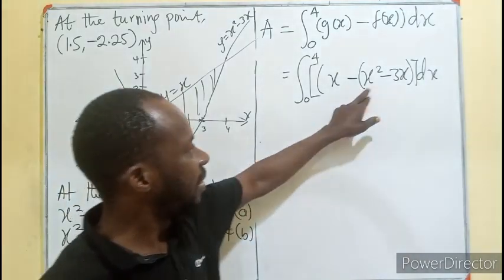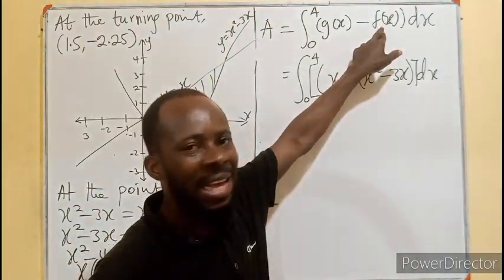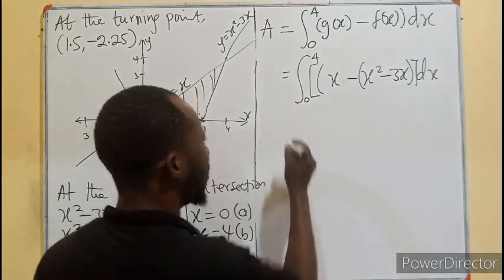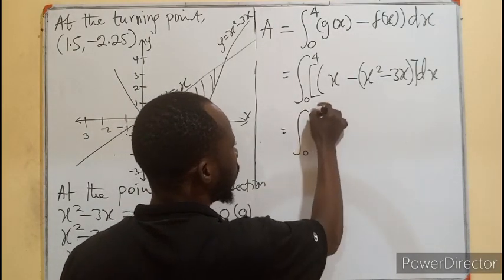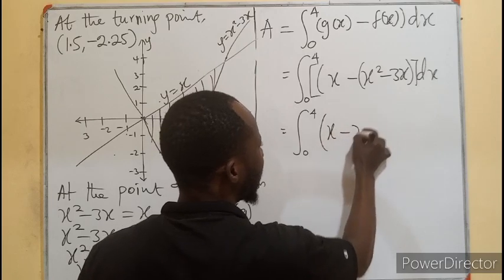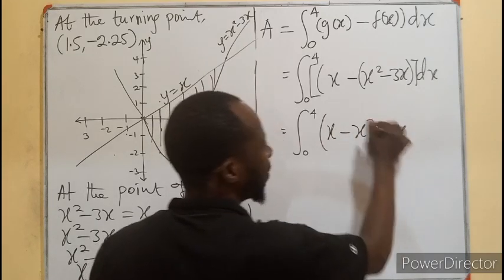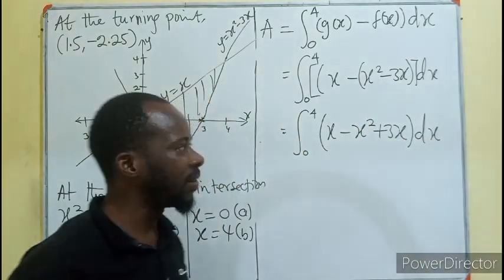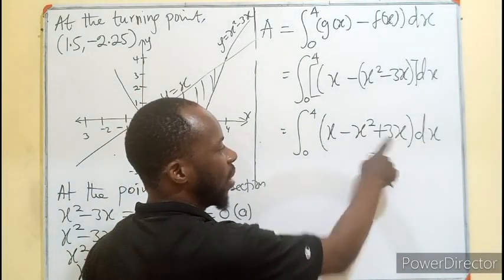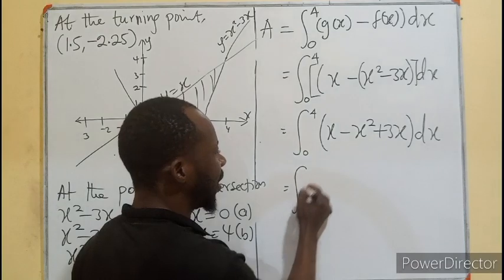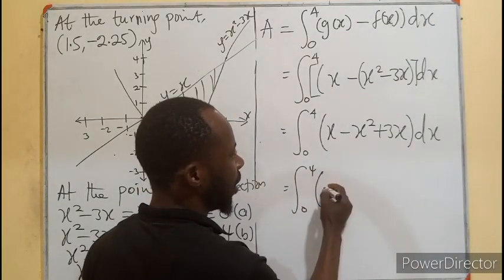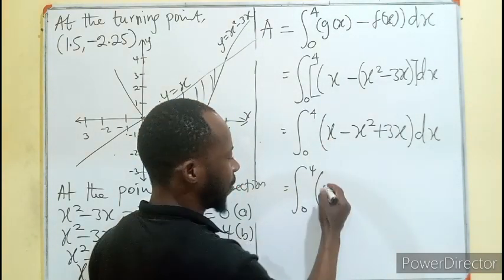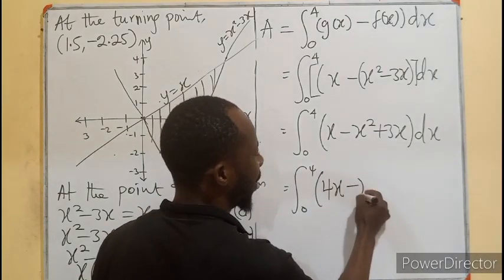You are seeing that this is in bracket because f of x is not a single term, it's a double term. So this negative will have effect on that. So this is going to be the integral from 0 to 4 of x minus x squared plus 3x. This negative will cancel this, become positive. Then we have dx. I believe this is x to the power 1. They can be computed together to mean the integral of, this will be 2, right? This is 1 plus 3. That will be 4x, then minus x squared